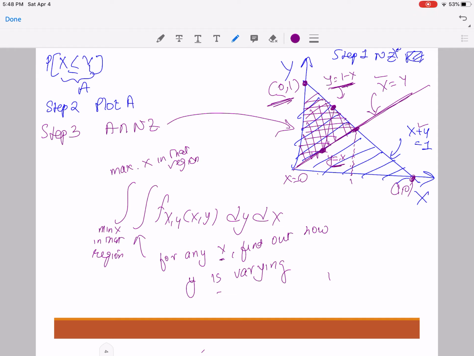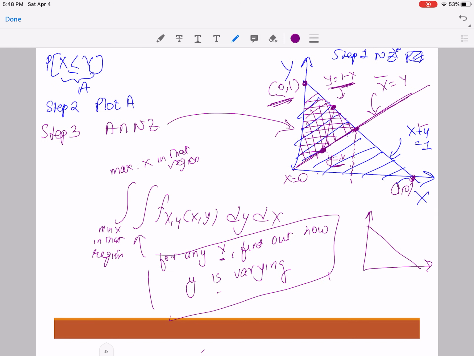So that's how you identify the limits of integration when you would like to find the probabilities of different events. When you integrate with respect to y, the limits will be, for any x, find out how y is varying, and then the outer integral will be from the minimum value of x till the maximum value of x in that region. Now similarly, I can identify the probability that x plus y is less than or equal to